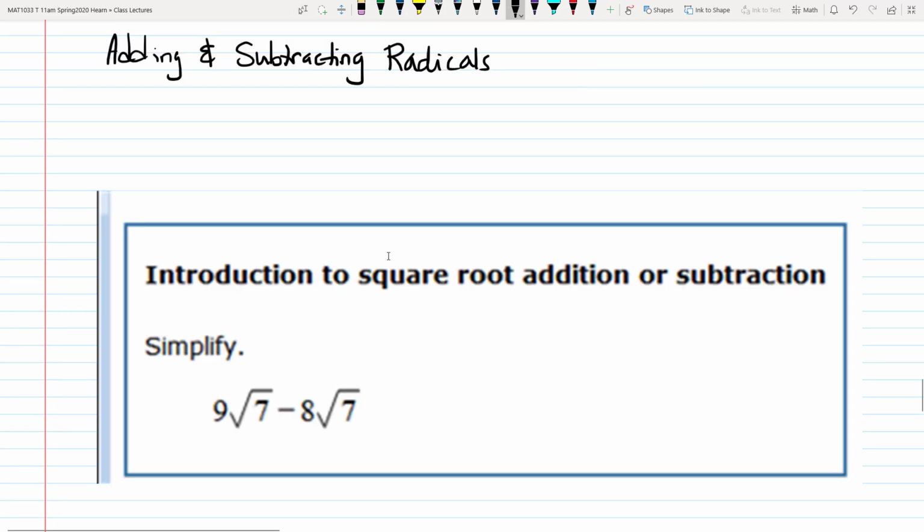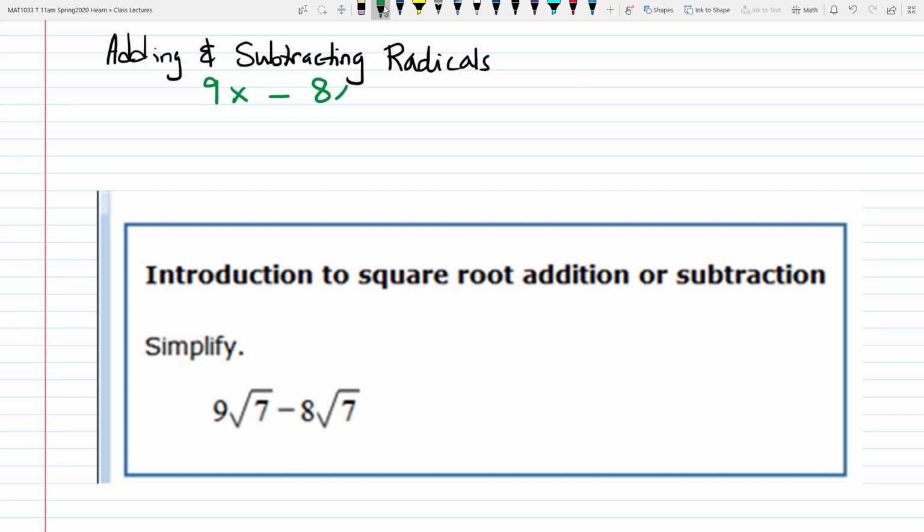Next, we're going to talk about adding and subtracting radicals, which is something you can't do unless you know how to simplify radicals. So now that we have that skill down, let's talk about addition and subtraction of radicals. This is actually something you already know how to do, I promise. You just don't realize it, because you know how to deal with something like